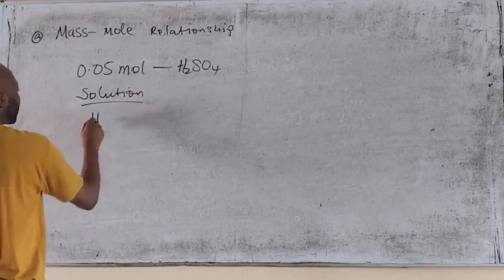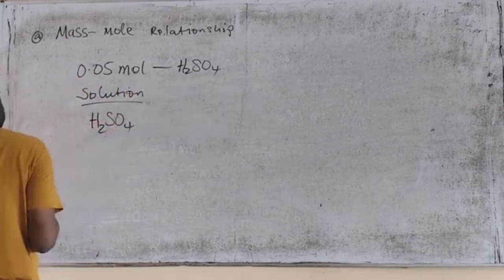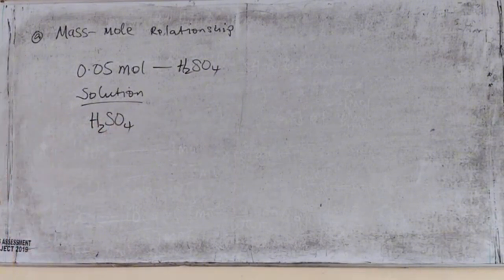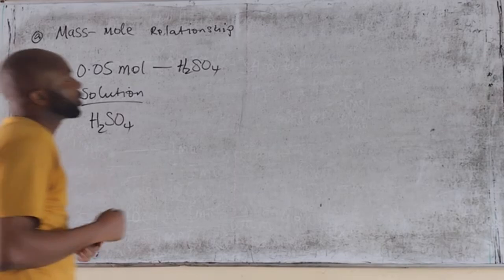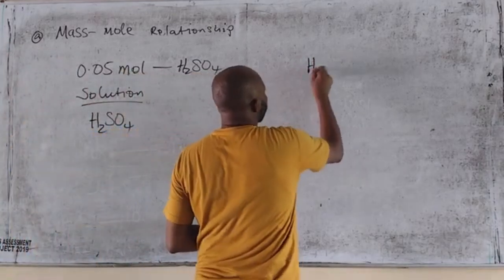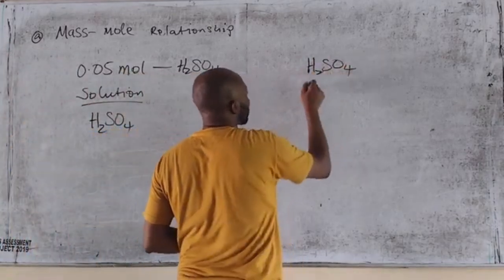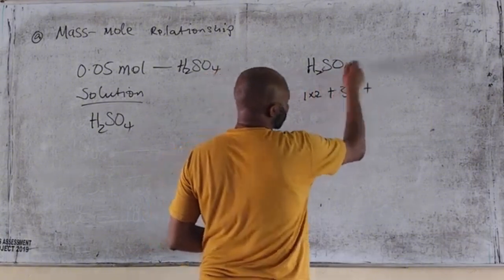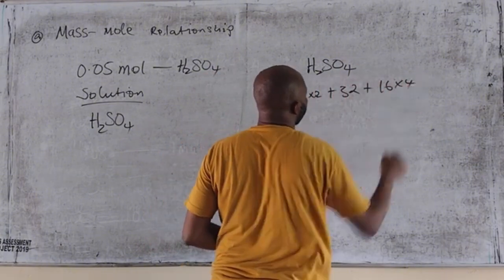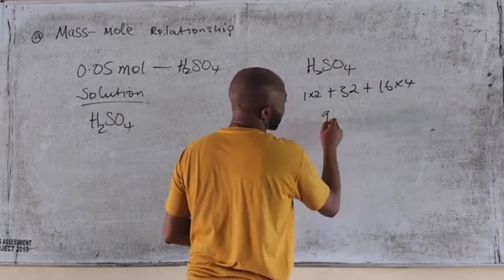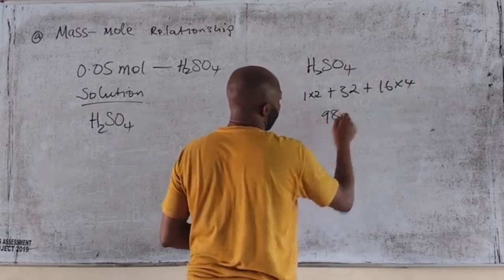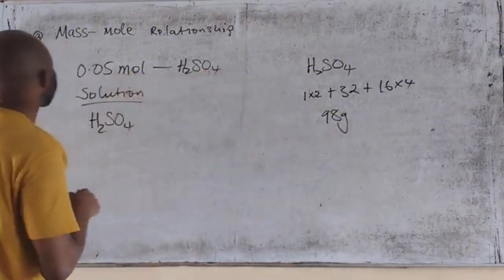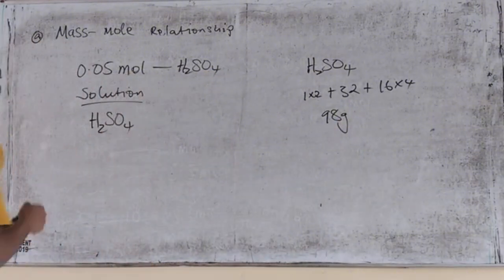Solution. Okay, I have my H2SO4. Like I said, if the relative molecular mass is not given, you can calculate it. So let's calculate this for H2SO4: hydrogen is 1 times 2, plus sulfur is 32, plus oxygen is 16 times 4. That is 98 grams. Alright? So we are in mass-mole. So the mass is